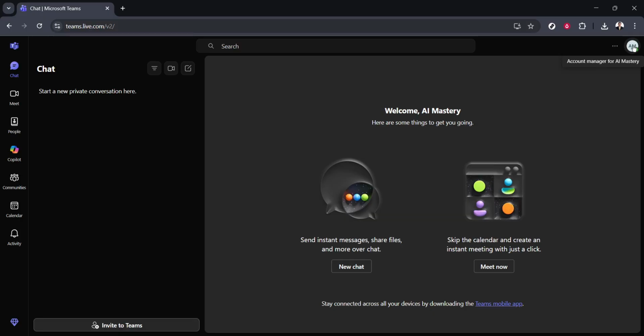Once you've visually identified this circular icon, your next action is simply to click on it. This single click will prompt a drop-down menu to appear, revealing a list of choices related to your account, presence, and overall application settings. Taking a moment to confirm it's indeed your profile helps prevent accidental actions, particularly on shared